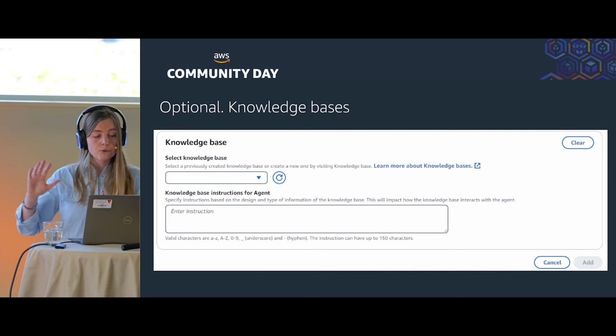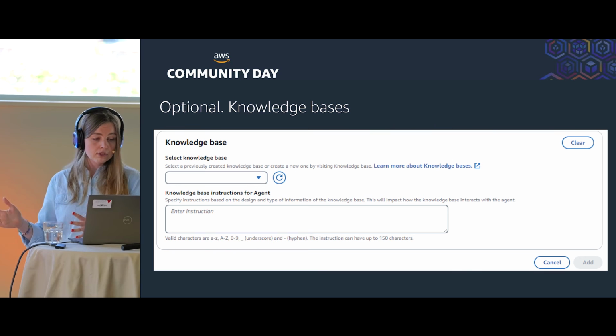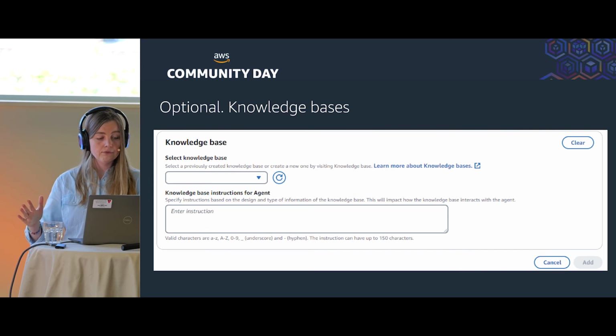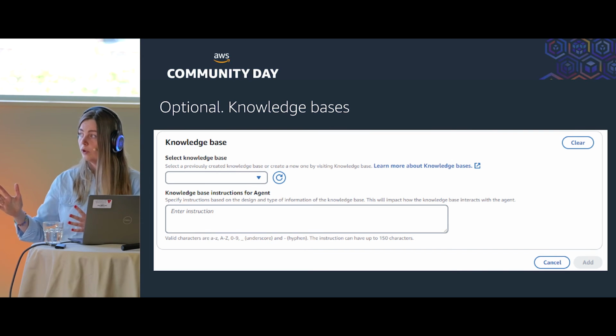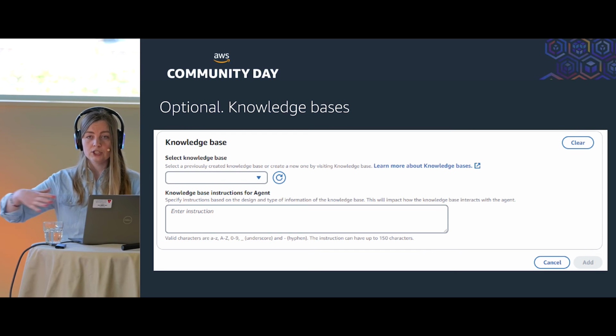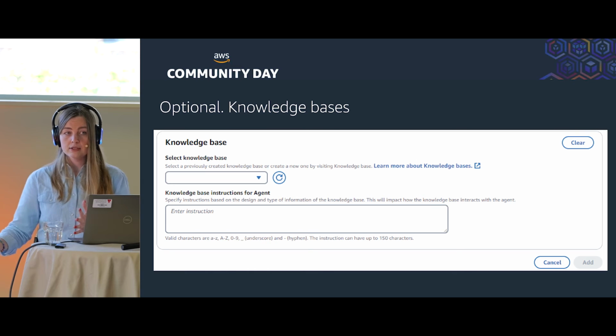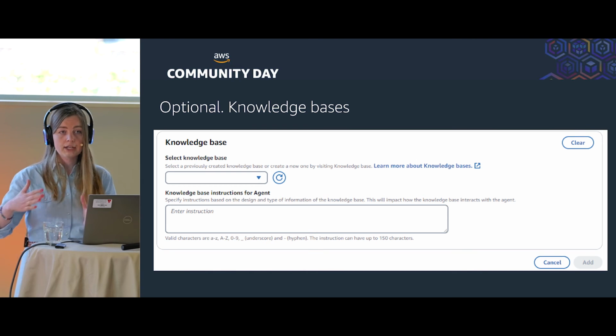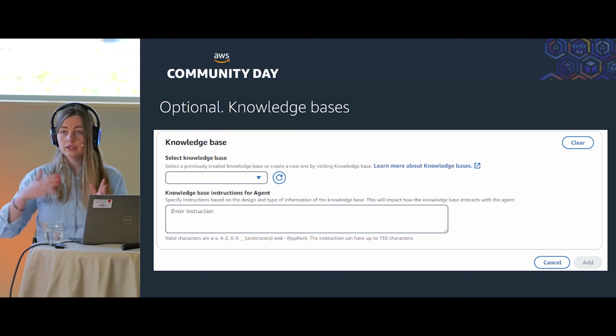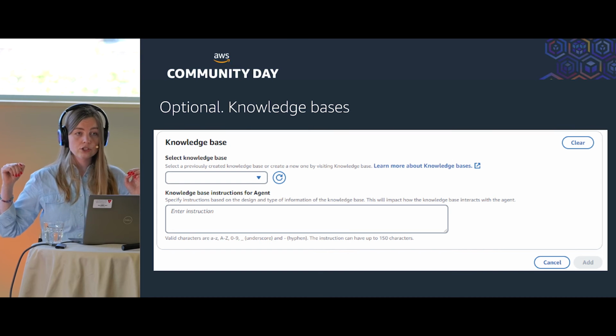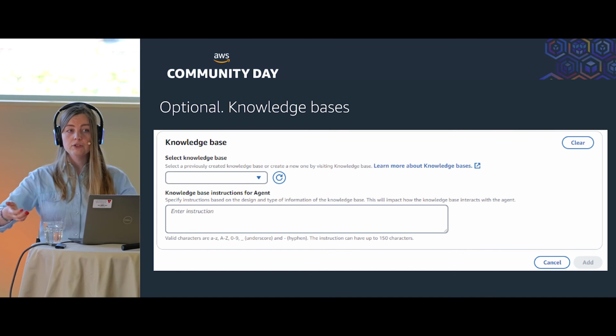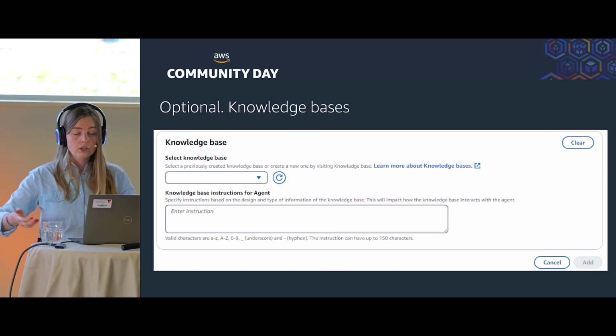And also, for this project I didn't use it, but it is a very powerful way to extend your agent beyond the LLM: adding a knowledge base. A knowledge base is a vectorized database of documents where the agent can access and retrieve additional information.